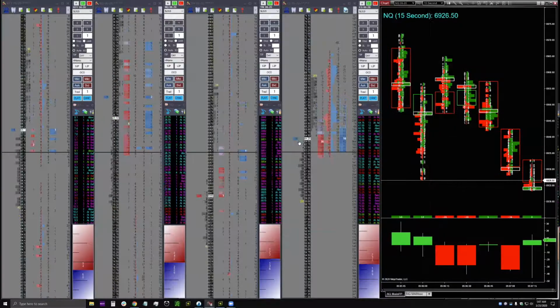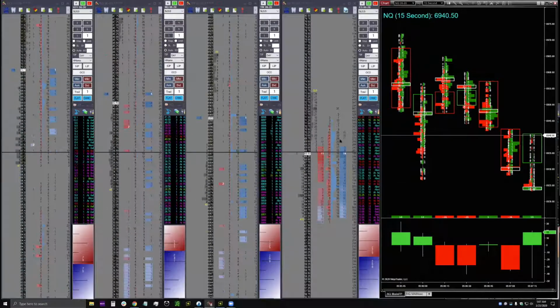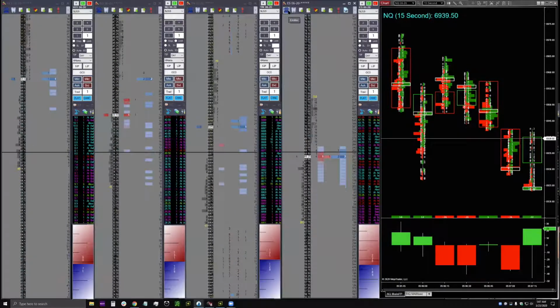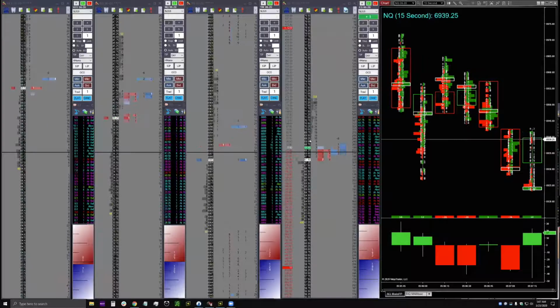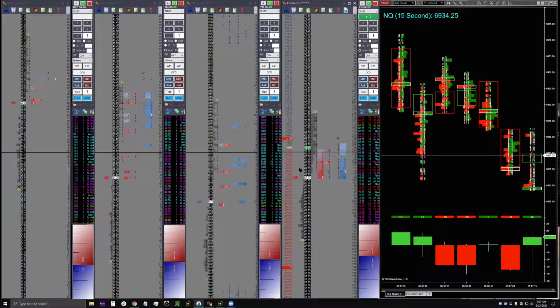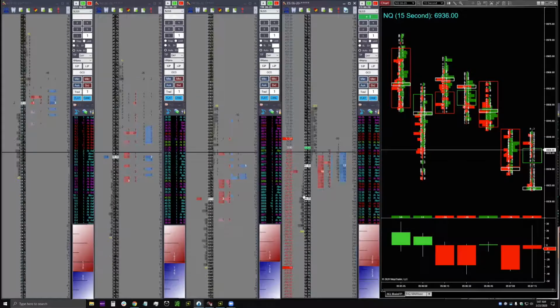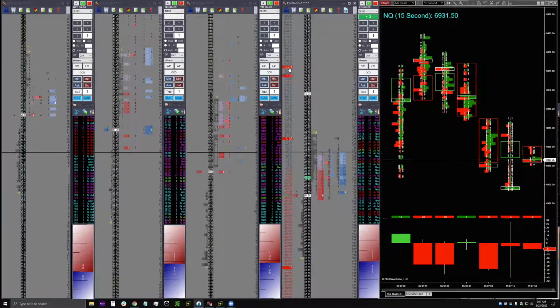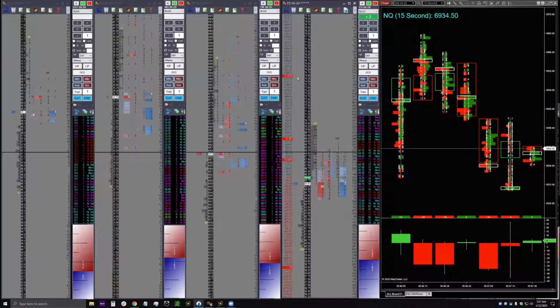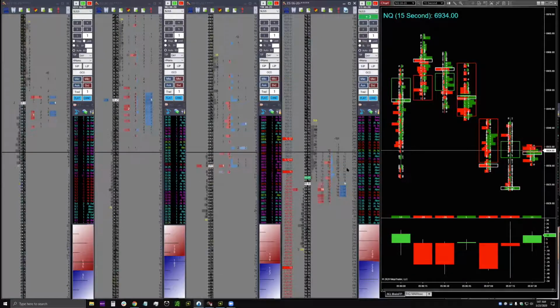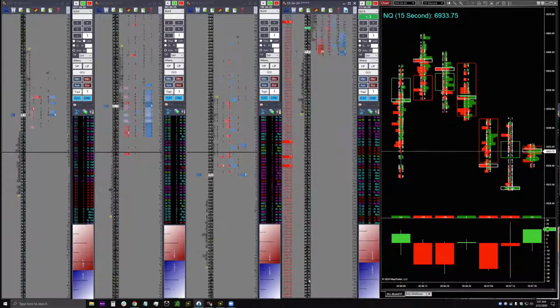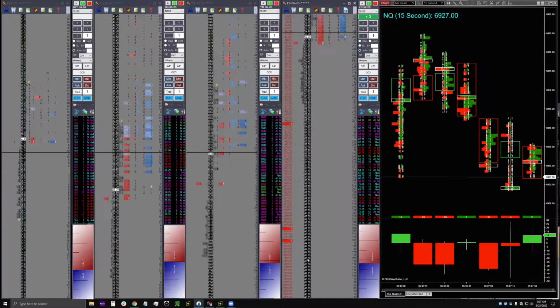Now it's pretty aggressively choppy in both directions. This would be very hard to trade. But if I was trading this at this instant, I'd be long. But it looks like it could be a trap. This was a pretty substantial move up. I think you could probably make money scalping this long if you were willing to scale into it. Let's get the stops out of the way so we can scale in big enough to make this work.